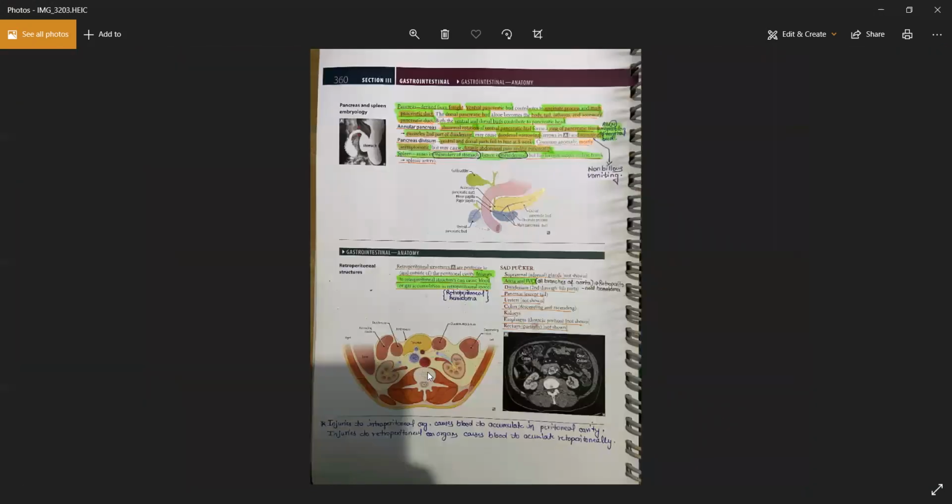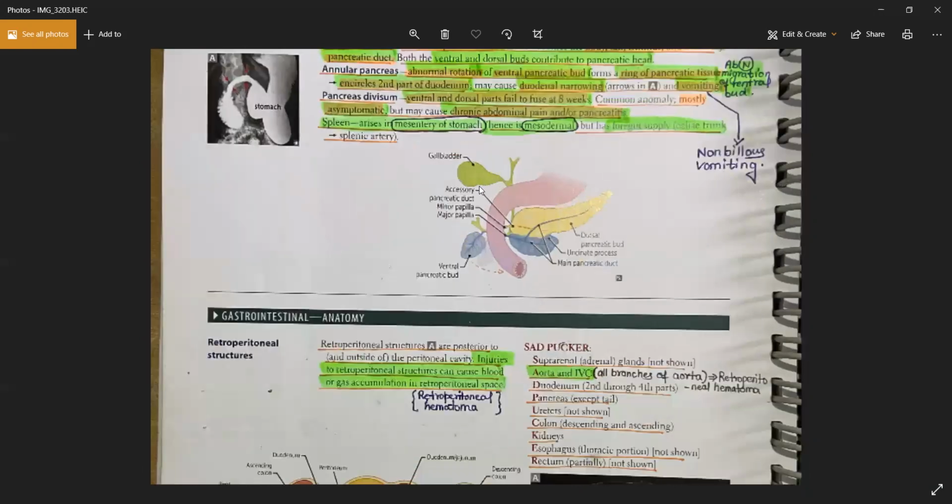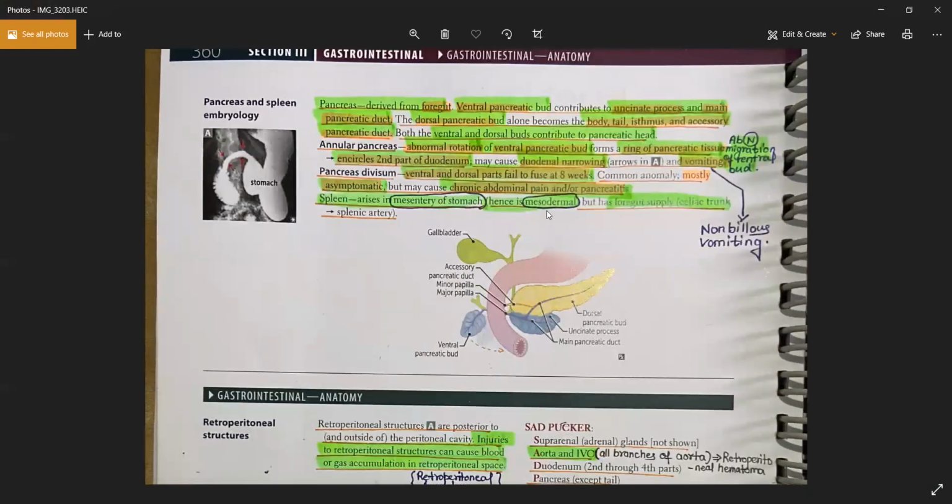Then you have the pancreas and the spleen. Very important. First, you need to know how the pancreas is formed in your body. It is because of two things. One is the ventral pancreatic bud, and second is the dorsal pancreatic bud. And you guys know that the pancreas